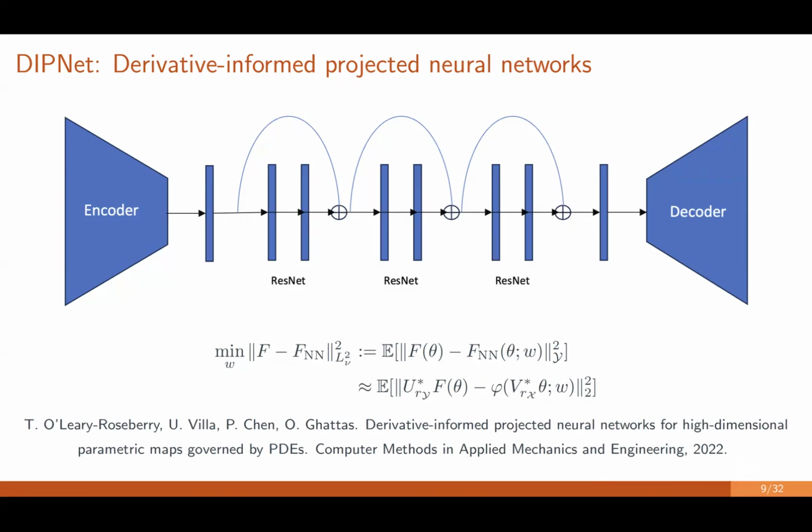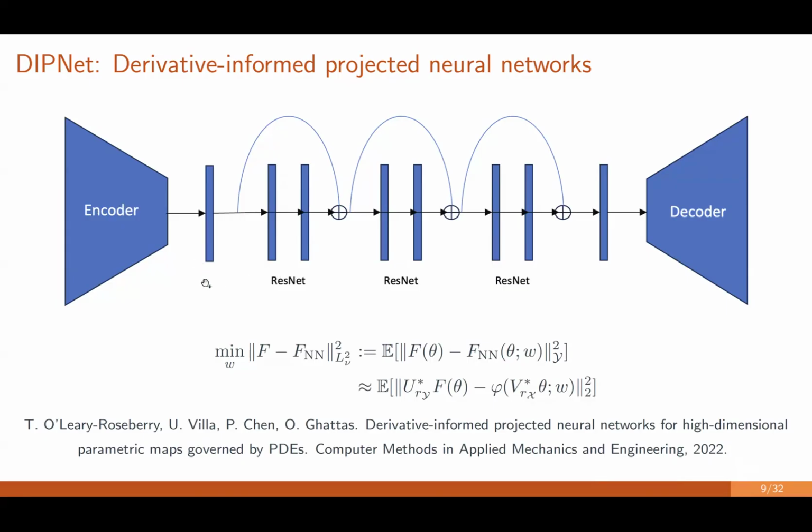You compute the derivative of the output with respect to the input, right? And then you form this gradient information matrix. You compute the eigenvalues of this gradient information matrix, and also the corresponding eigenvectors. These eigenvectors will serve as a projection basis for our encoder. And for the decoder, we can also apply a similar derivative informed basis, or PCA or POD, for instance. So then we can reduce the large map from the input to output as a relatively small map